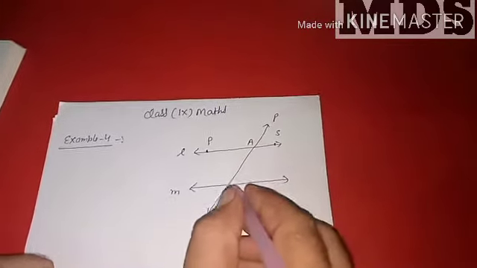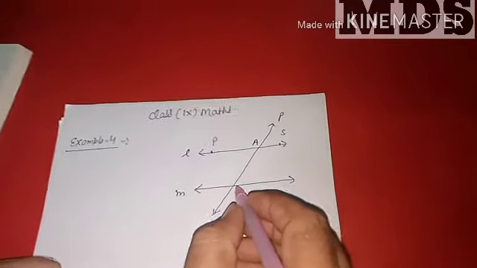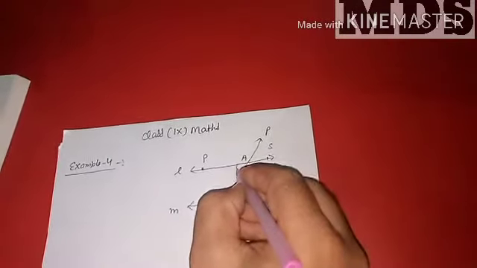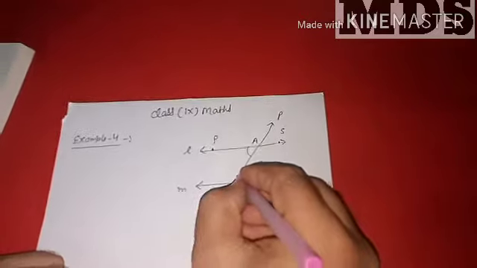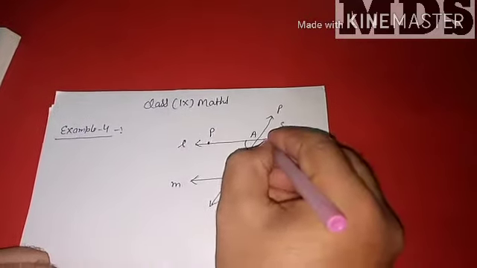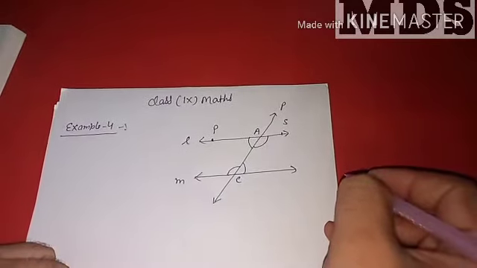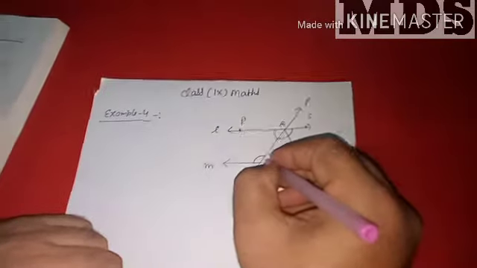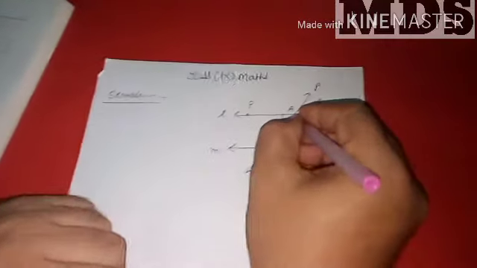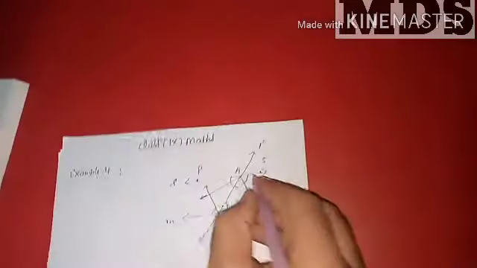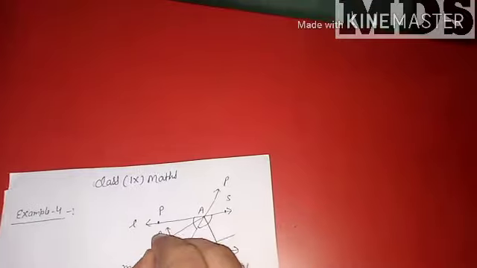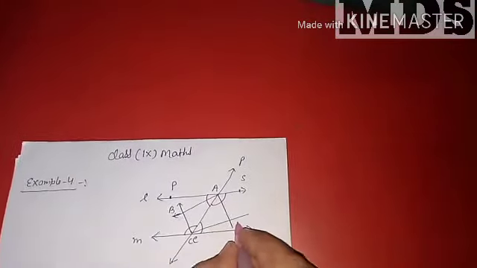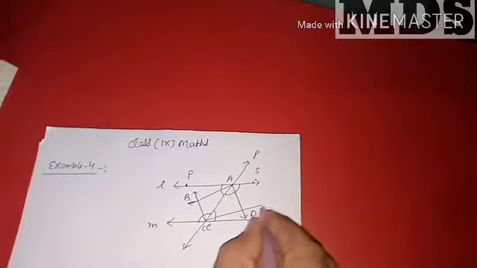And you have to show that the quadrilateral formed by the bisectors of the interior angles. These are its four interior angles. One is this, another is this, third is this, and fourth is this. These are its interior angles, and these are its bisectors. The first bisector is like this, the second is moving like this, the third like this, and the fourth like this. Intersecting where? This is point A, here its name is B, and its name is C, and what's its name? D.